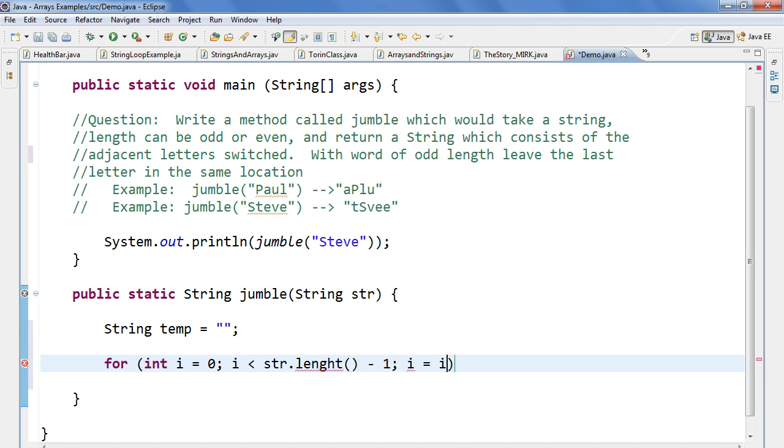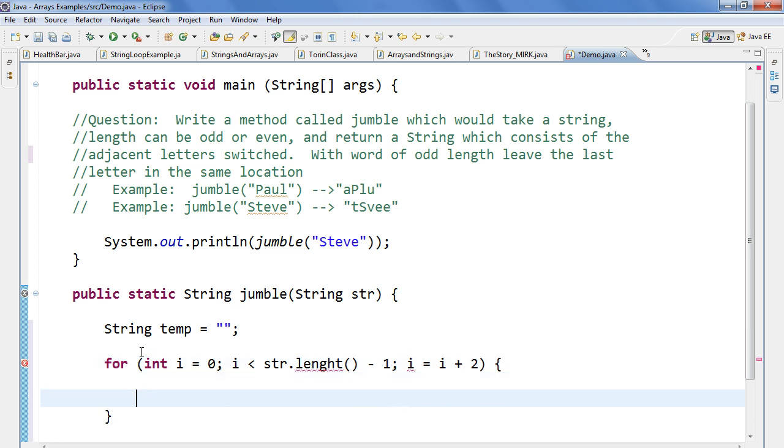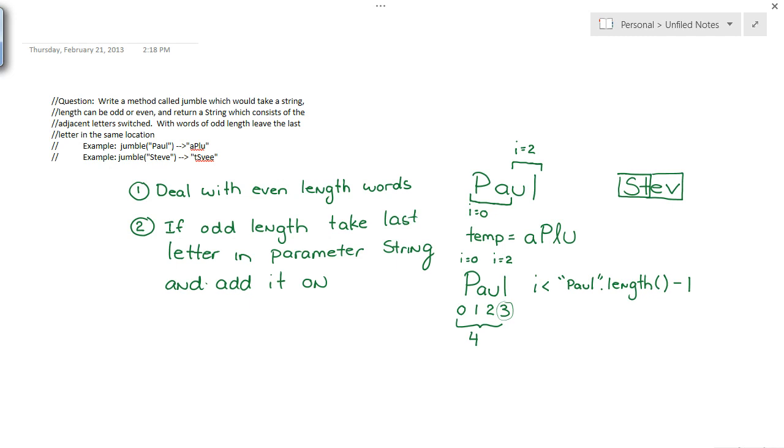And each time, we said I is going to increase by 2. So again, if we pop back to our picture here, if I is 0, what I notice is I need to take the A, and then I need to take the P. If I is 2, I need to take the L, and then I need to take the U. So I'm always going to take the character at the position 1 past I,